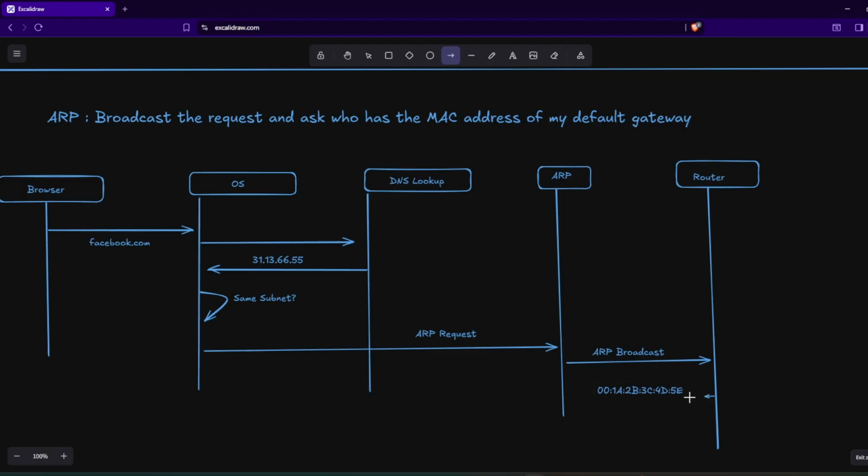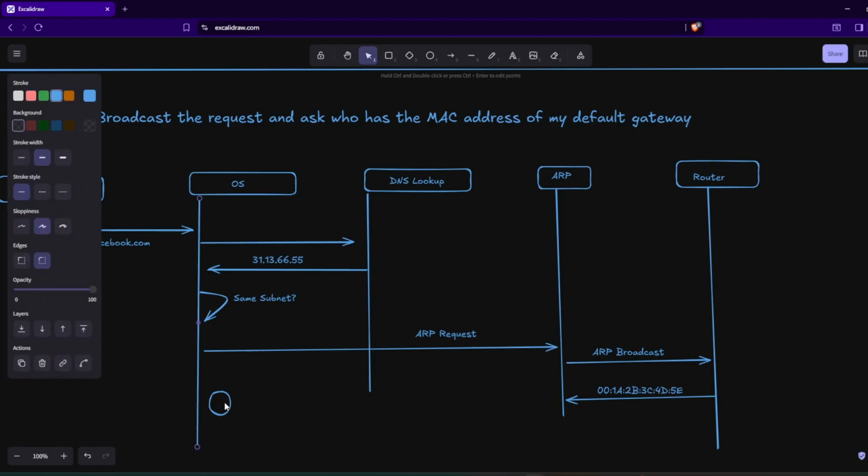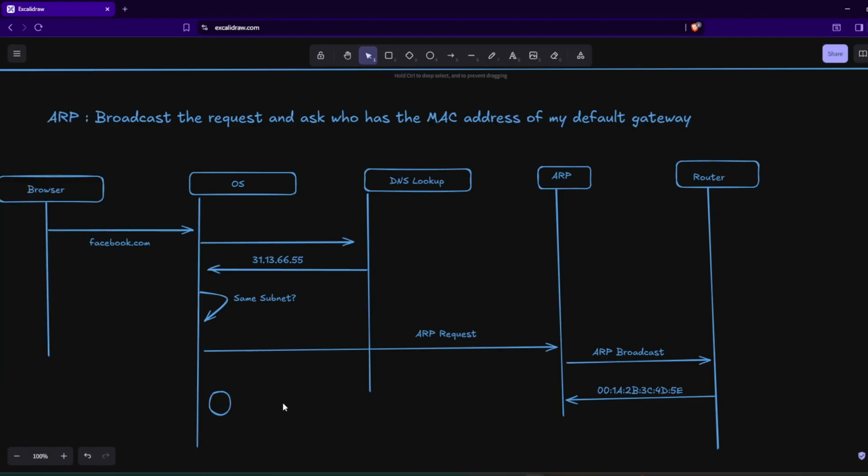MAC address will be returned over here, right? And this MAC address will be put to our operating system as well. So what would happen over here is, if you look carefully, our packet was sitting here. All these things are going on, our packet is still sitting here. Now that we know from the operating system end where exactly I need to send my packet,